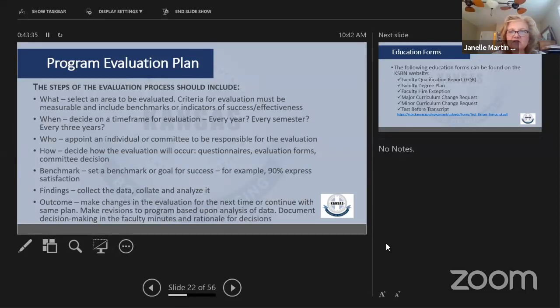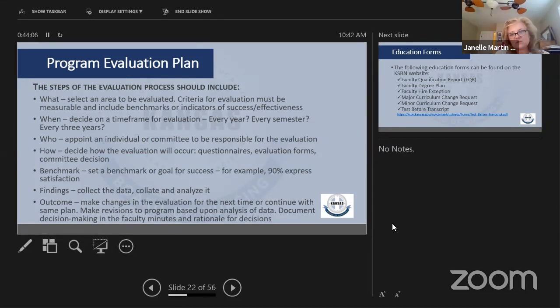What are we looking at to key in on whether our program is getting into trouble, or are we doing okay? And some of those benchmarks, if anybody has an interest, I think I have a link later in the slides to the NCSBN website where those program effectiveness indicators are. I think those are really good things. NCSBN has some great resources for that.